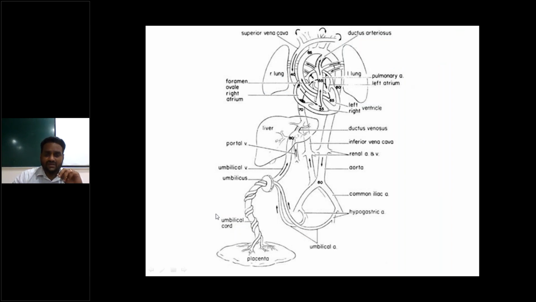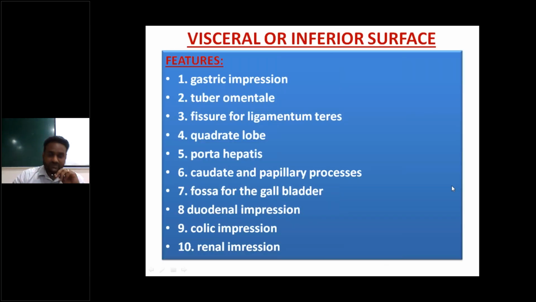You see this picture. This is the fetal circulation. I think you are aware of this picture. In this picture, we can see the ductus venosus labeled here, which connects the portal vein with the IVC. This is the bypass blood channel. In the adult, this ductus venosus is obliterated to form the ligamentum venosum. That is the posterior surface of the liver.